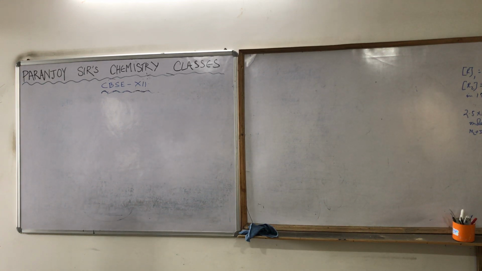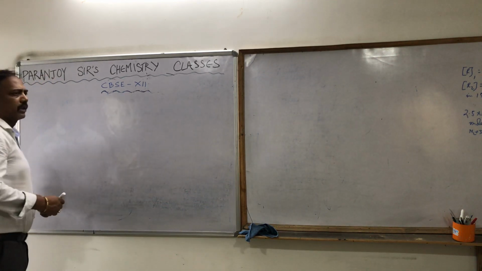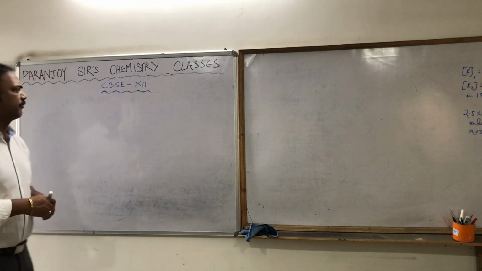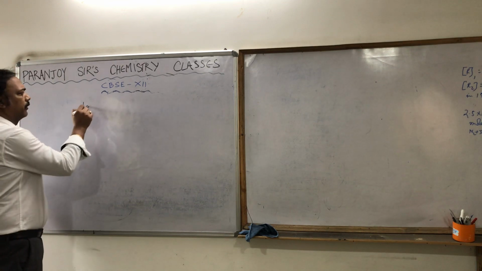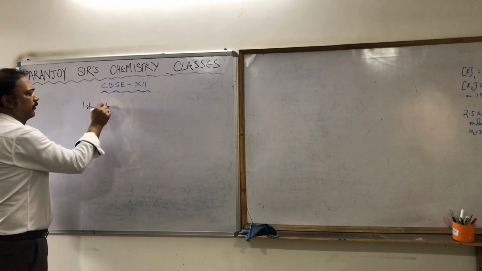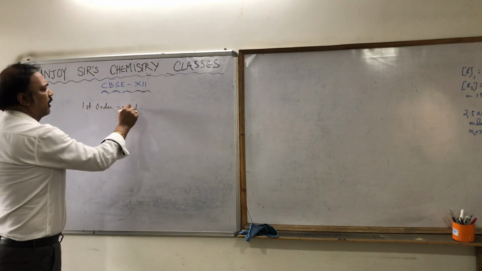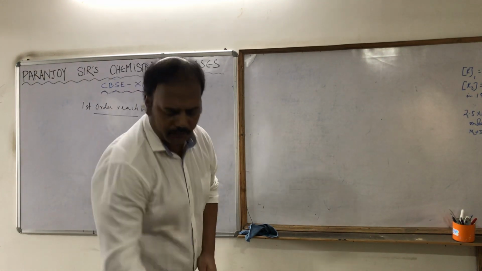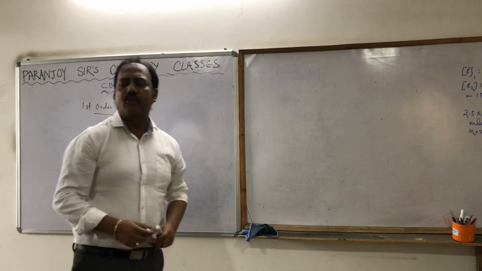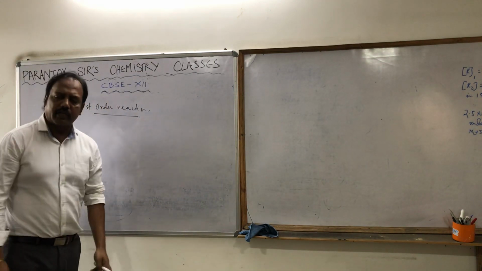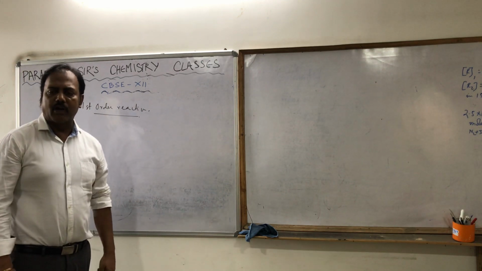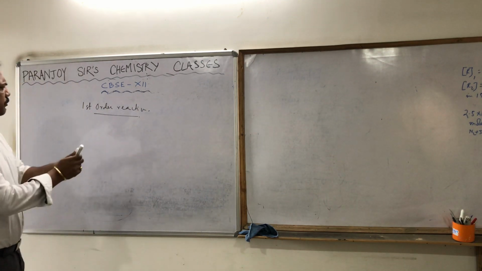So we are going to find out the value of K the same way, the graphical representation, and the half-life period for the first order reaction. Now for the first order reaction, whenever I am saying first order reaction, what do we mean? We are talking of the rate law or rate expression where the concentration of the reactant is raised to the power 1. Right? Okay.